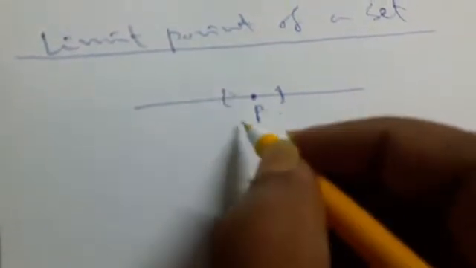Now what happened? Let's see. Suppose P be any point. If we are finding this P and taking the limit point, at first we are getting the neighborhood of this P. So at first, if we take any neighborhood, whatever may be delta, whatever the neighborhood is, and the set of points that intersect this, suppose A or B, whatever may be, suppose B, and then we are finding, suppose